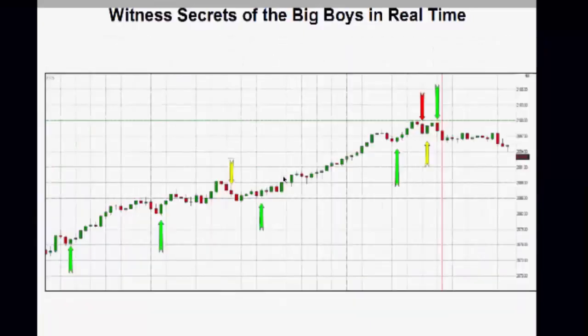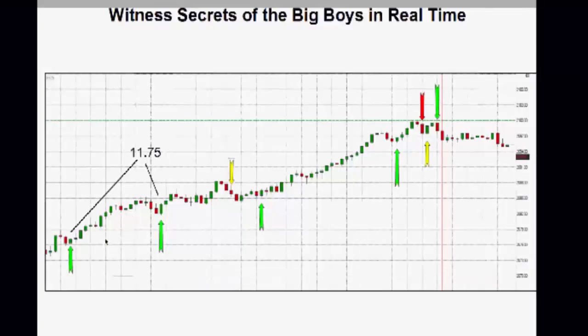Let me go to another chart here. We got on a day where there's a run-up day here. Now, here we actually made almost 12 points on two entries of a trade. We reverse short here, and of course this yellow arrow is actually a break even. The strategy, we scored on the first contract, but by the time we reversed, we lost on the second contract, breaking even on the trade itself. So we broke even on that trade, and then it ran up again, 12.5 points, almost 13 points on here.